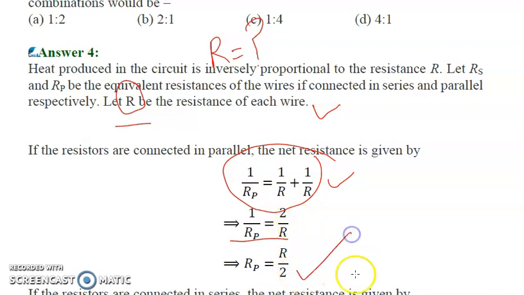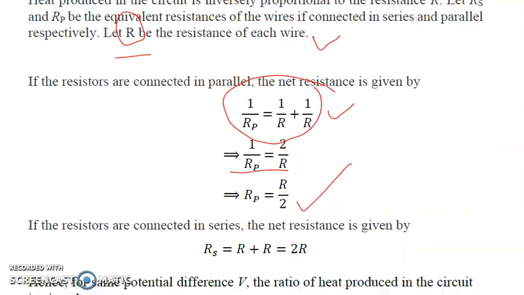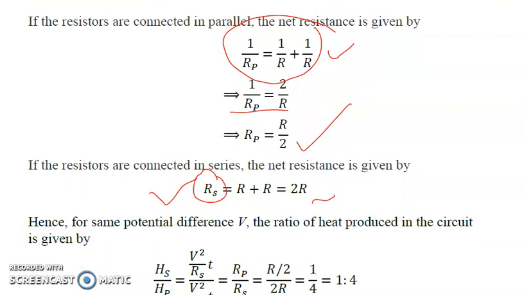So Rp would come out to be R by 2. I hope this is clear. When they are connected in series, resistance in series is simply the sum of R1 plus R2, so it will be 2R. The same potential difference is already given to us, so heat produced is given by the formula